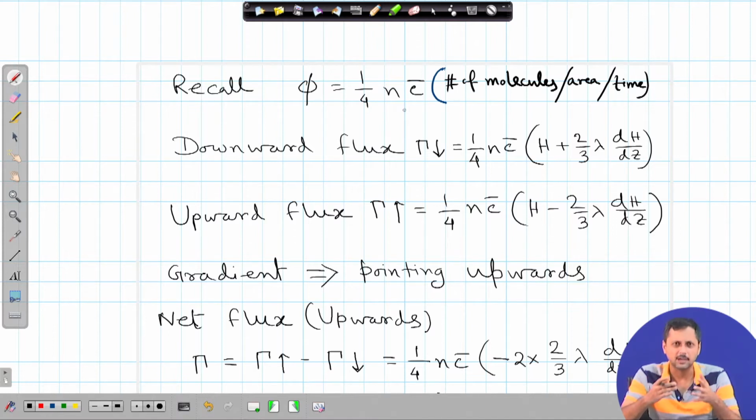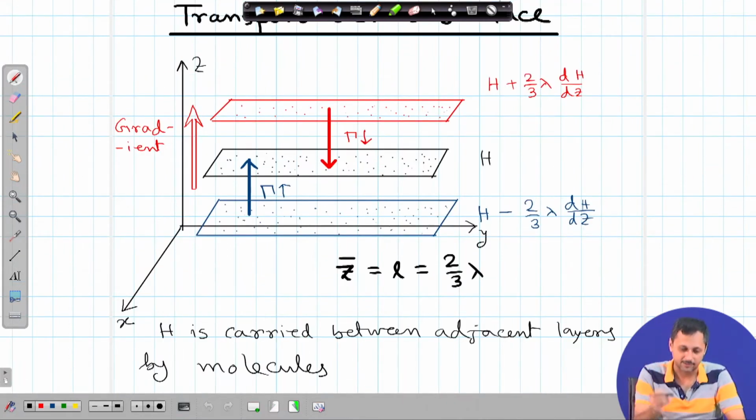But I mean it could be, and if you remember, the choice of the area was pretty arbitrary. So, we might as well take the area in one of these layers. For example, if we are talking about the reference layer here, I can take this volume from where the molecules start on this hot layer, and eventually they end up hitting this unit area on this reference layer, and the flux will be given by 1/4 n c bar.